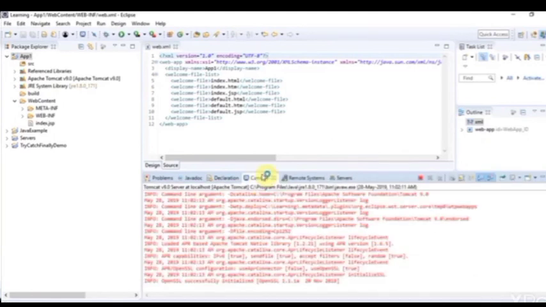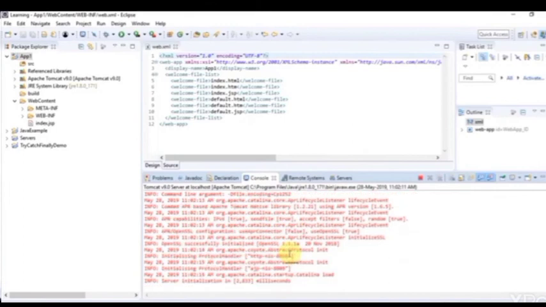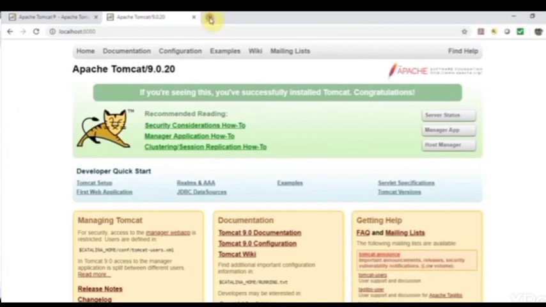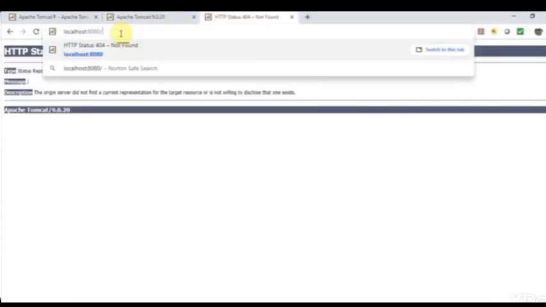Just restart your services. After it has started successfully, go to the browser and type localhost 8080 followed by the application name and file name. Put that here. It will show hello world printed successfully.